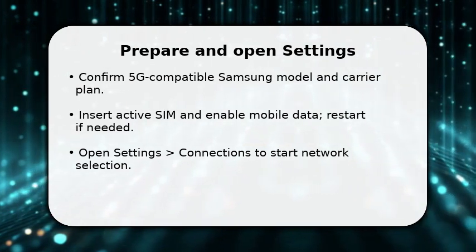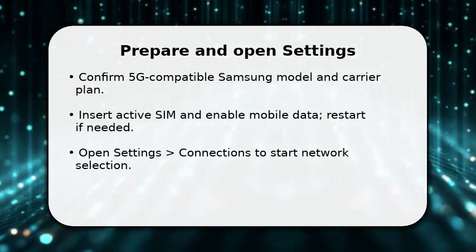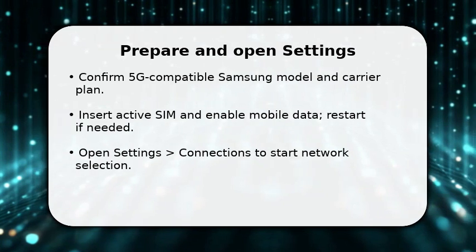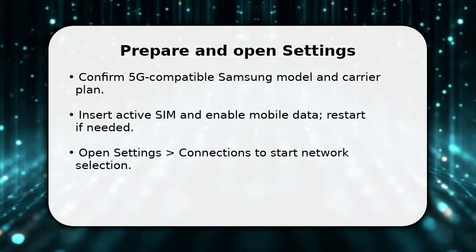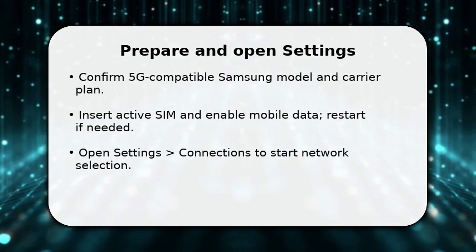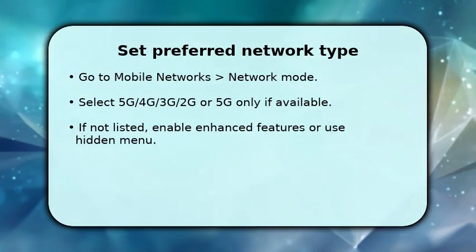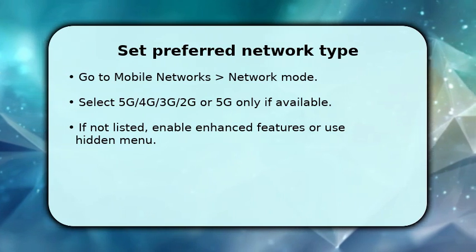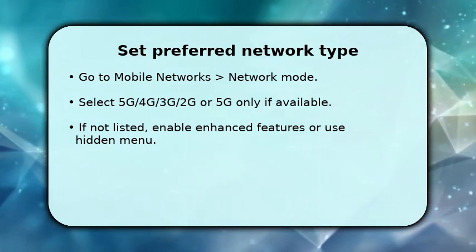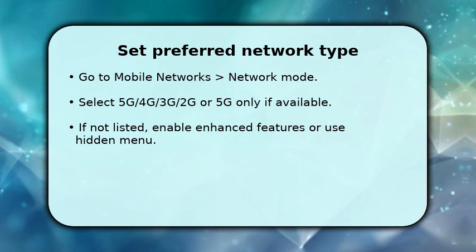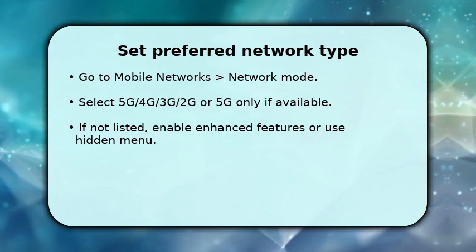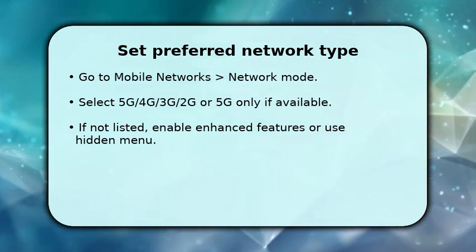In mobile networks, tap Network Mode to view available radio options. This determines how the phone prioritizes signals. Choose the explicit 5G only or 5G/4G/3G/2G option. 5G only guarantees the phone stays on 5G where coverage exists, while mixed modes fall back to LTE